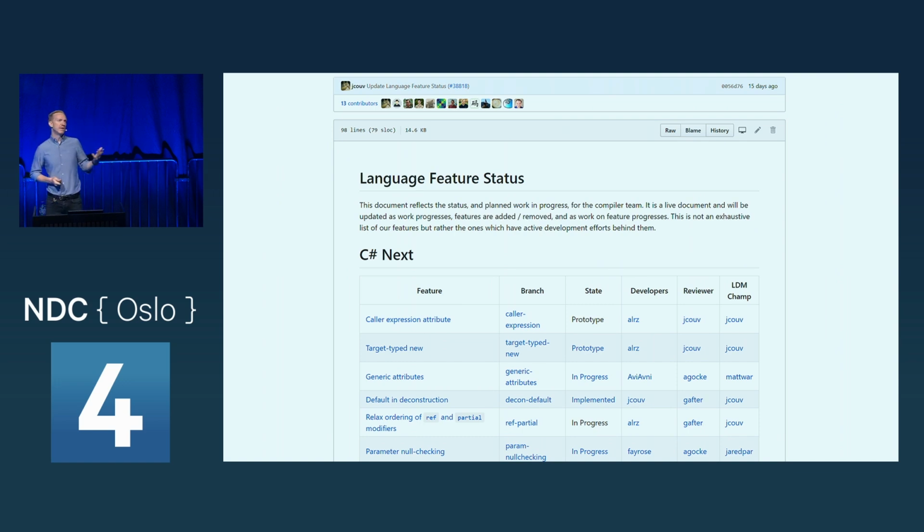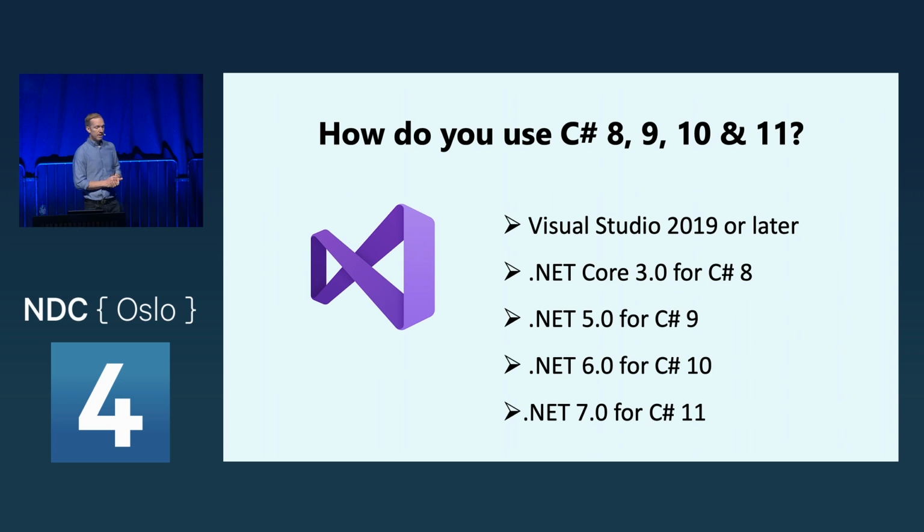So if we want to use the latest version of C#, how do we do that? Now, some of the language features require a particular runtime. For example, C# 8 requires .NET Core 3.1. If you want to use C# 9, that's .NET 5, and so forth. Now, this is because some of the language features require things in the runtime as well as in the .NET SDK. I tend to say in the framework, but it's very confusing because there's no longer any .NET Framework. Now, if you require some of the language features that also require a runtime change, you will have to have both, of course, the compilers as well as the runtime installed. And you get that with the latest version of Visual Studio.